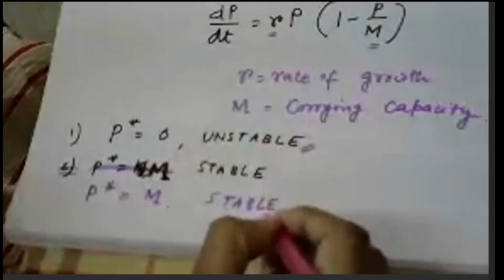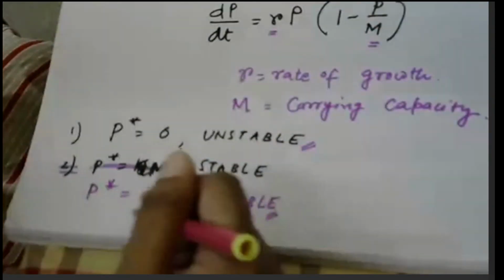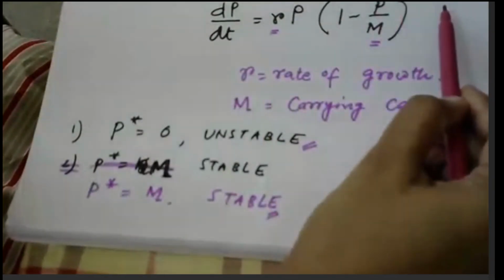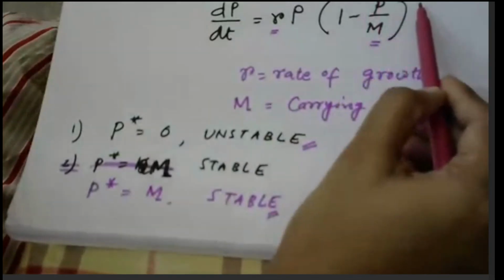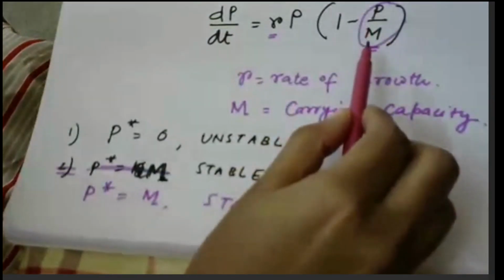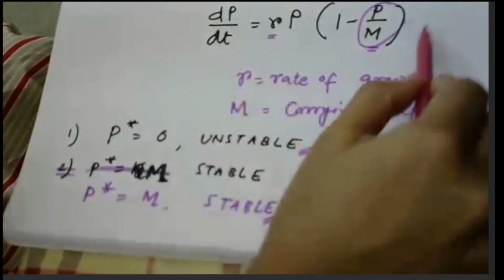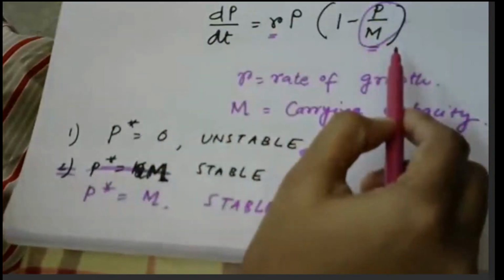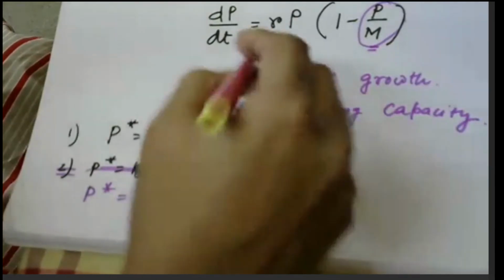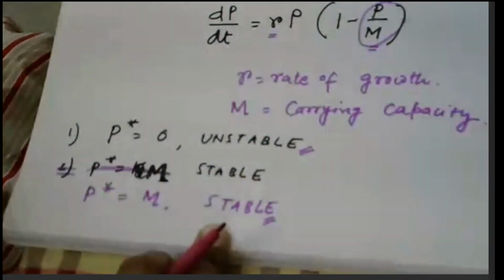Okay, so if we look at the stable fixed point K that we have, that is P star is equal to M, you have to consider what happens if I go beyond that value. If we go beyond a value which is greater than M, then this ratio that we have here becomes more, right? And this entire quantity becomes negative. As soon as it becomes negative, the rate of change becomes a fall. Instead of an exponential growth, you will have an exponential decay and you will fall down onto this fixed point.